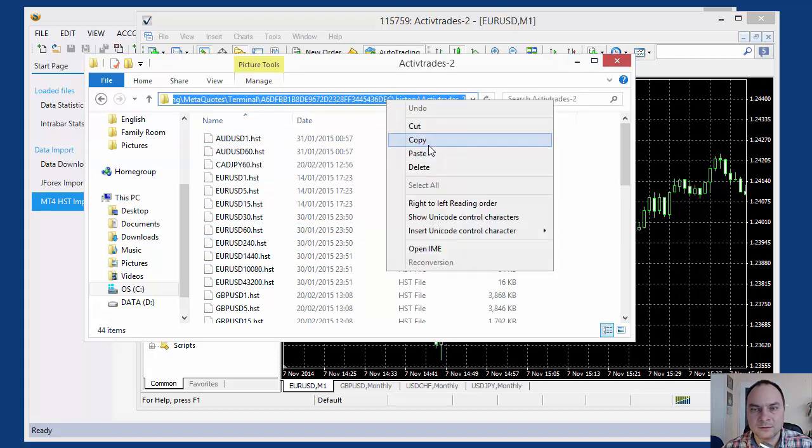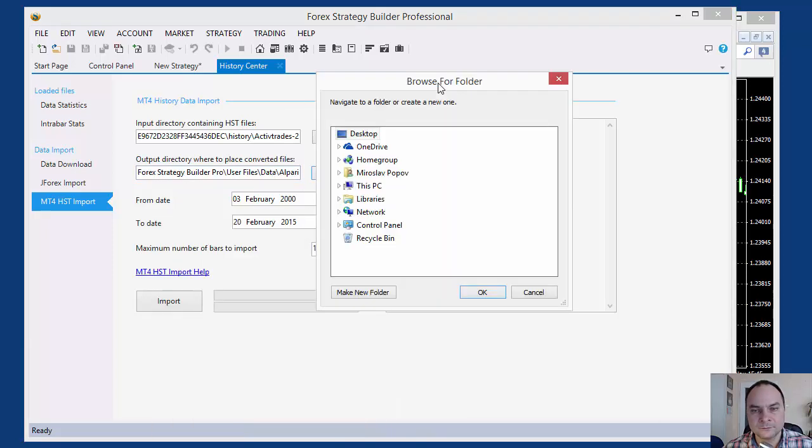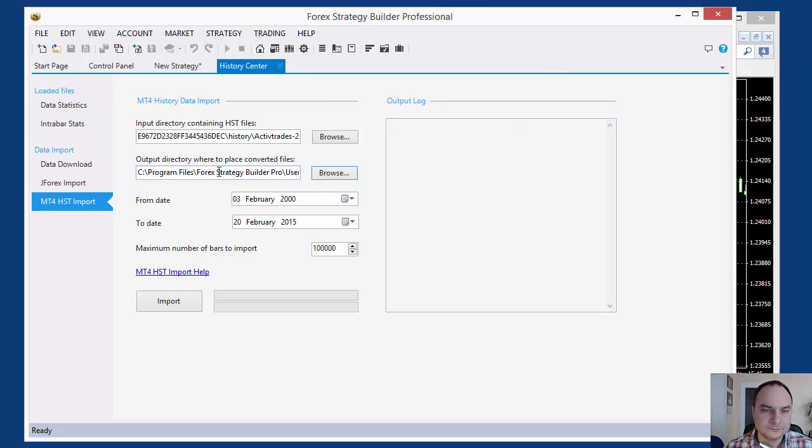Okay, copy, and I'll paste the path here, and here I will set my data folder. Where is that? This computer, disk C, Program Files, Forex Strategy Builder Professional, User Files, Data, Active Real. Okay, so the folder is okay. This is the source folder and this is the destination folder,